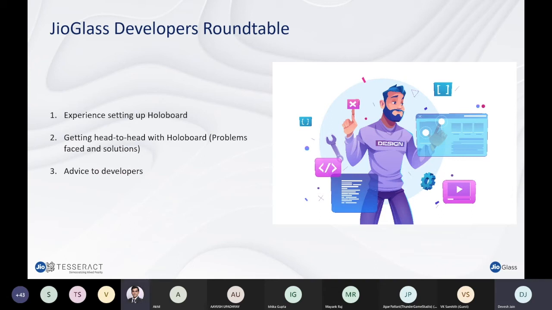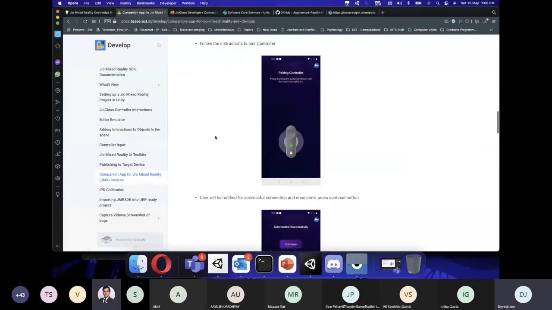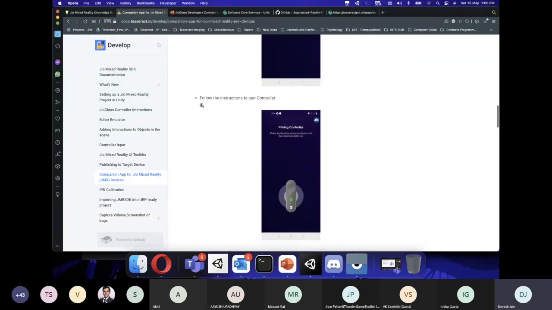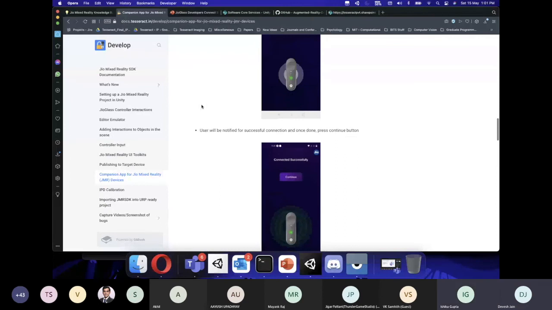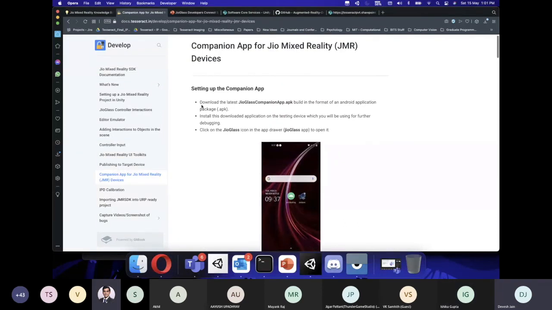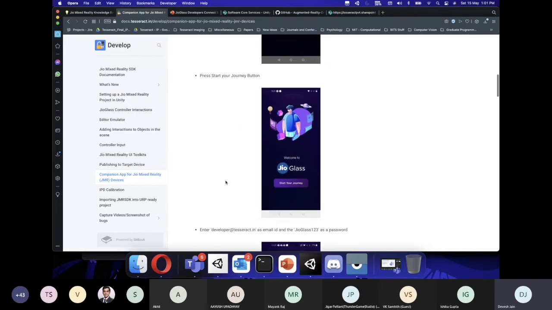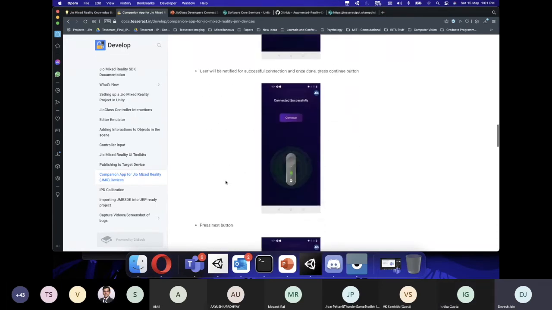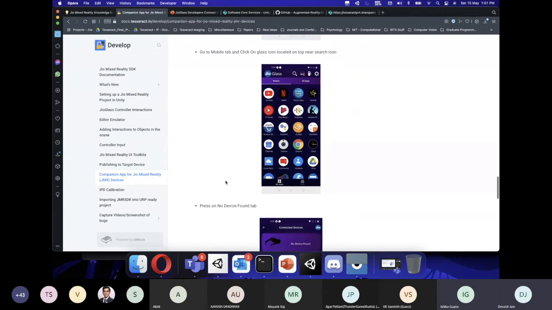Yeah, so what I was saying, a quick repeat: what Samit was just mentioning about enabling that HoloBoard emulation is a step that we generally see people missing. So I'm going to quickly share my screen and open up the documentation here. The reason I'm showing this documentation is so that you can always go back to refer to where I'm pointing for a particular step. If you go to your companion app, to the Geo Mixality section, there's a whole bunch of steps on how to set up your entire device.